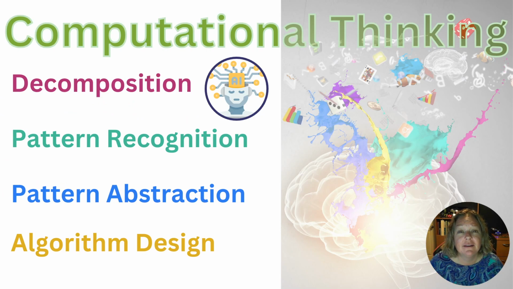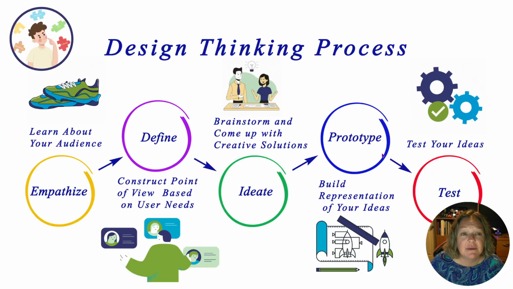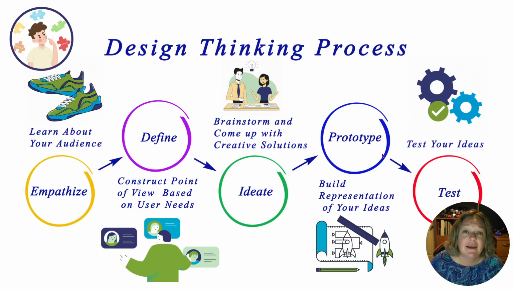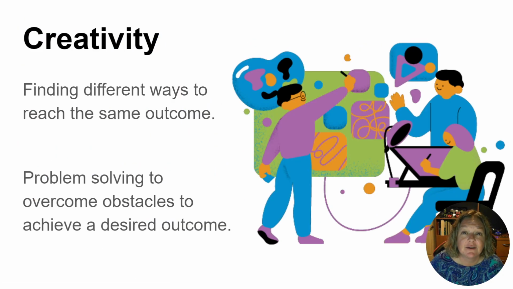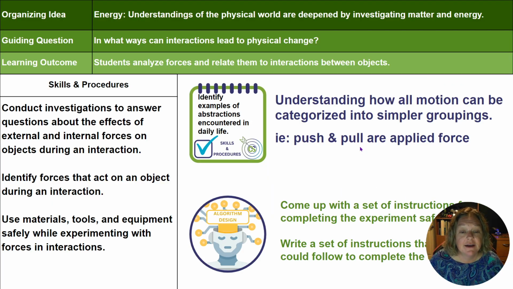We know that the computer science organizing idea, all the way from kindergarten through grade 6, has three key concepts, one being computational thinking, another being the design thinking process, and the third being creativity. So, all the way from kindergarten through grade 6, these three common threads tie all of the skills, procedures, knowledge, and understandings together. Let's look at how you can specifically connect some of your computer science into your energy skills